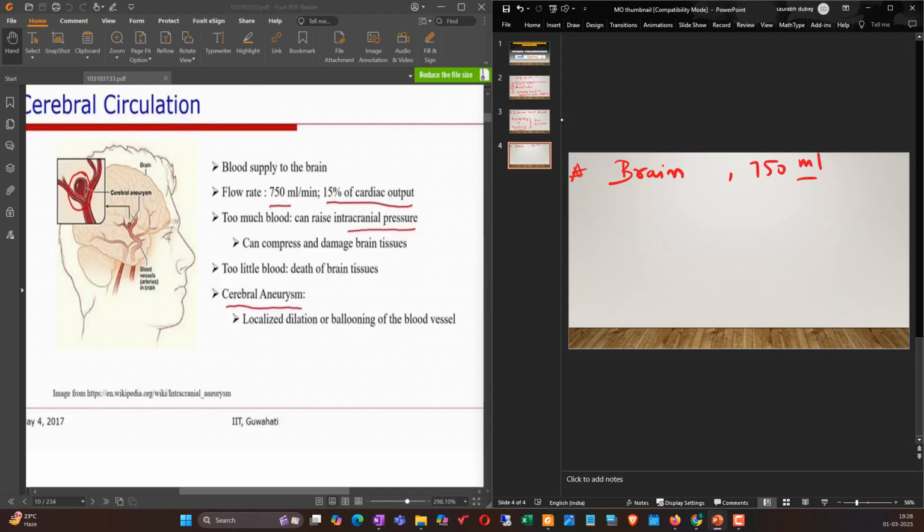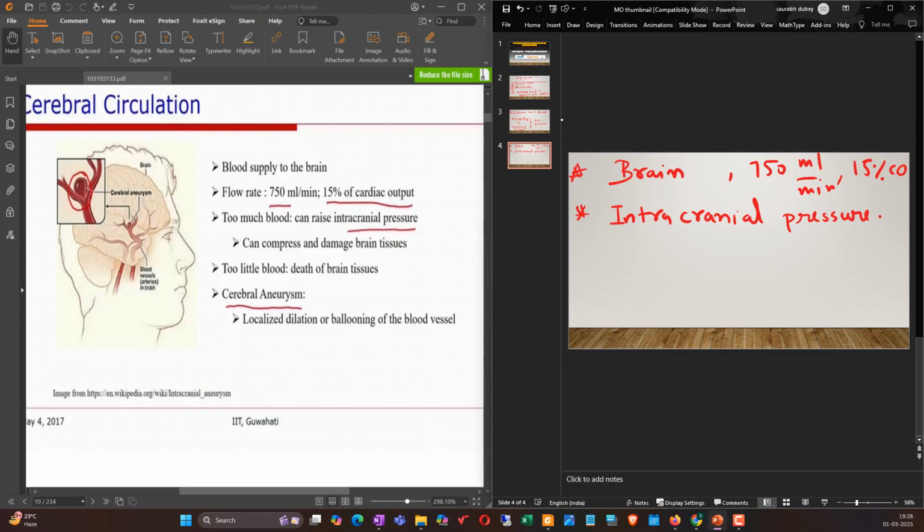750 ml per minute, 15% of cardiac output. And this is the intracranial pressure, right? So if you see this,